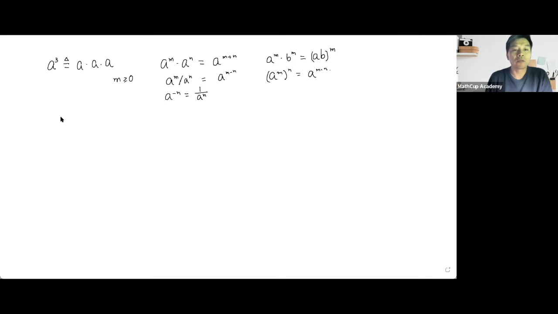In this lecture, we're going to learn what it means for numbers like a to the power 1/3, or a to the power 1/2, or a to the power 2/3, or a to the power negative 3/4. In other words, we want to learn powers with exponents being a fraction. So first, we're going to define those using basically the properties we learned. In other words, we want to say that if we assume those properties are true,